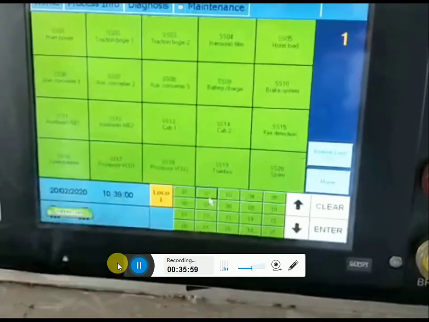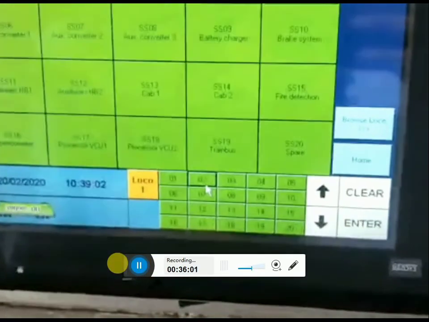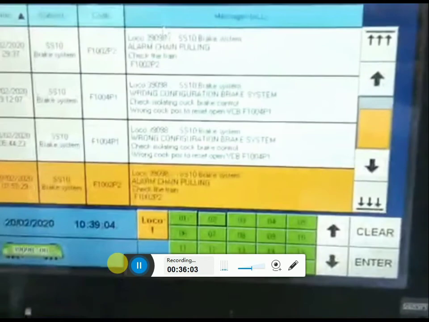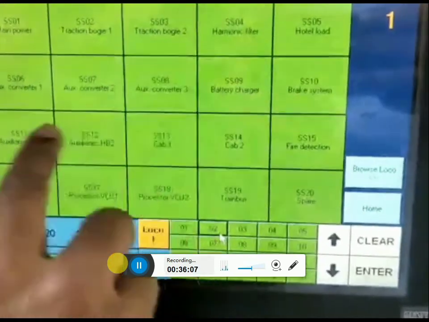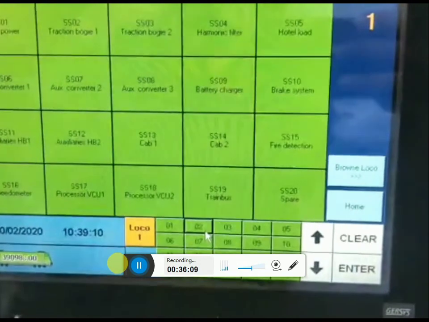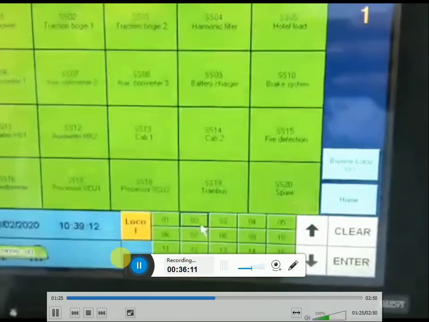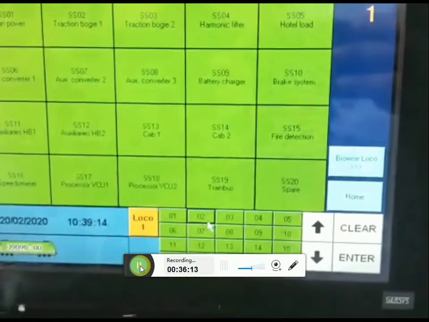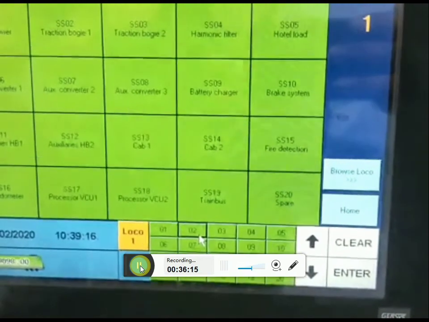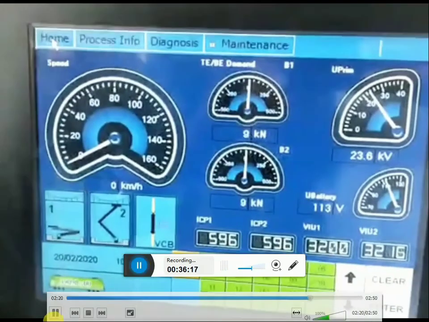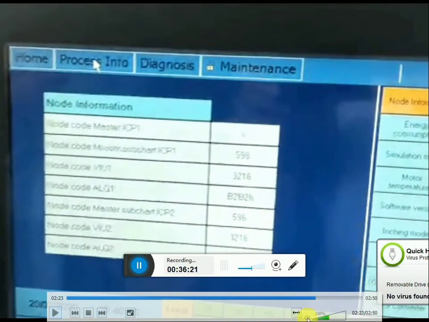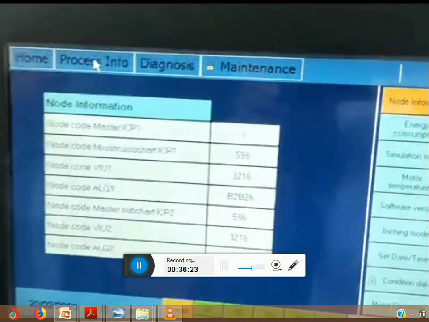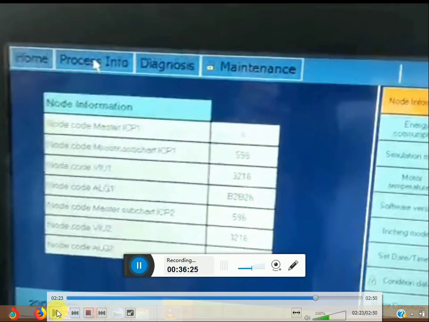By operating subsystems 1, 2, 3, 4, 5, 6, we can see 19 subsystems on the screen. Status of each subsystem we can see. And browse mode also. By operating process information, we'll get different icons.